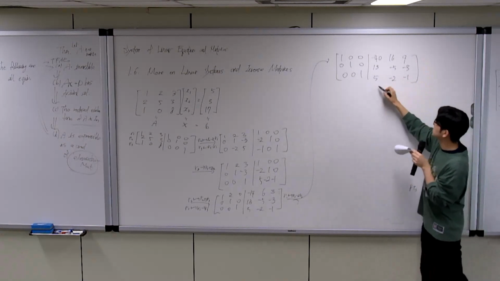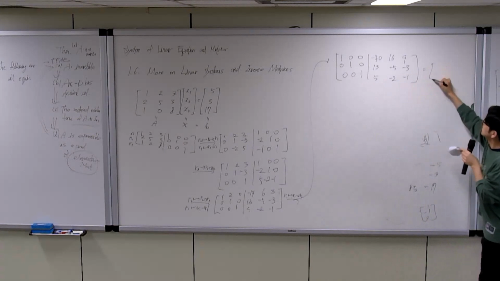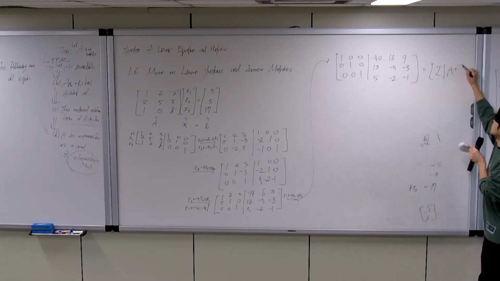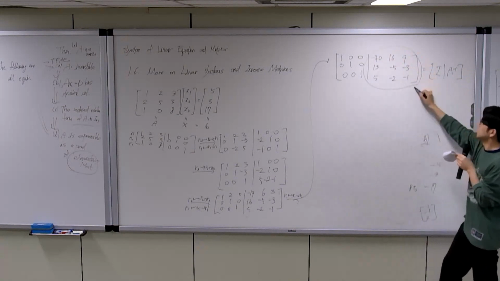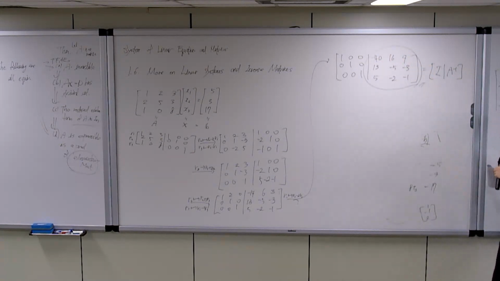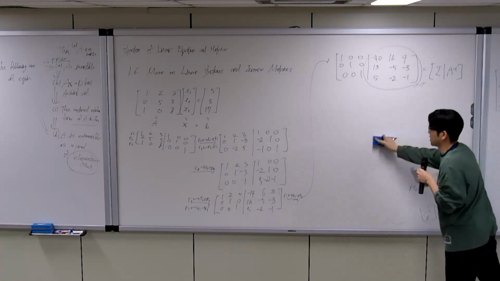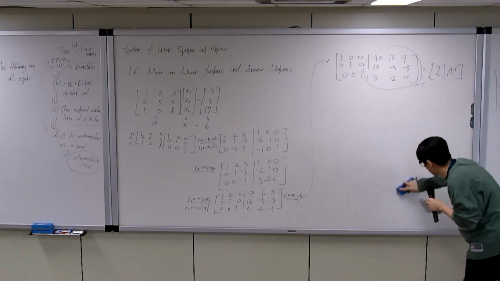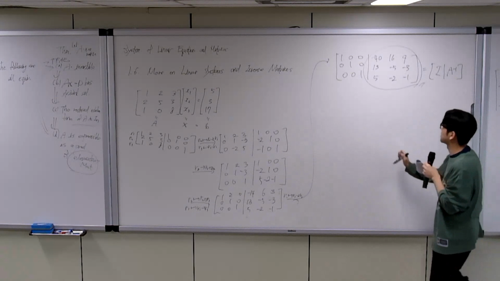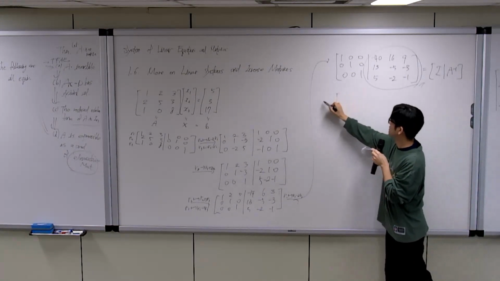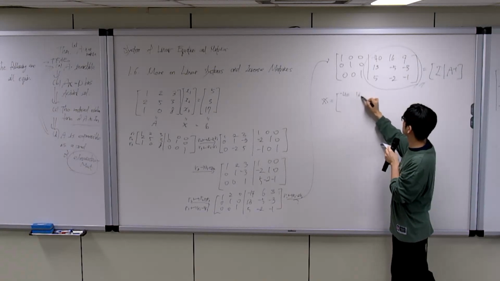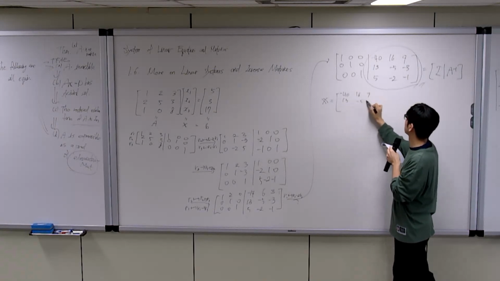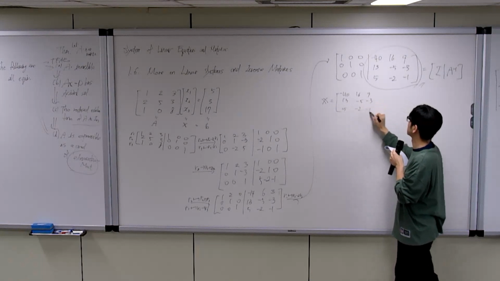Then it is the identity matrix and A inverse, so we get the inverse matrix of A, and by multiplying B to the matrix we can get the solution. So the solution X is minus 40, 16, 9, 13, minus 5, minus 3, 5, minus 2, minus 1